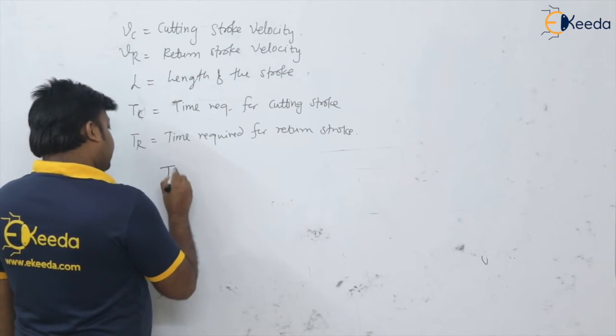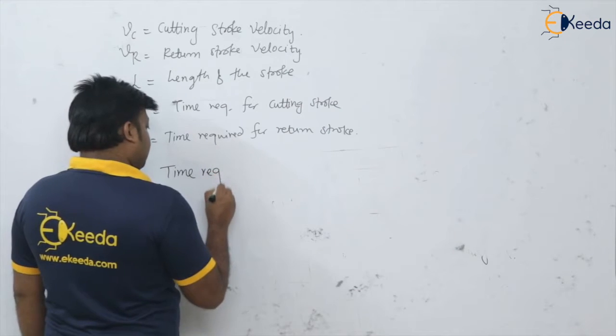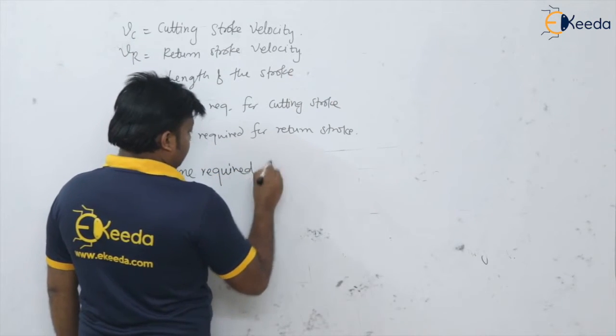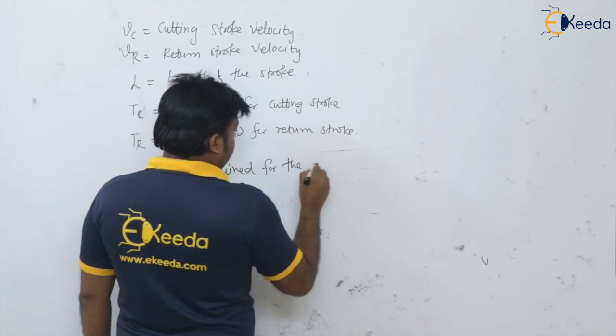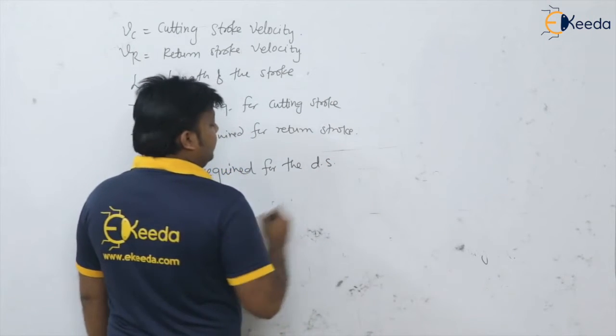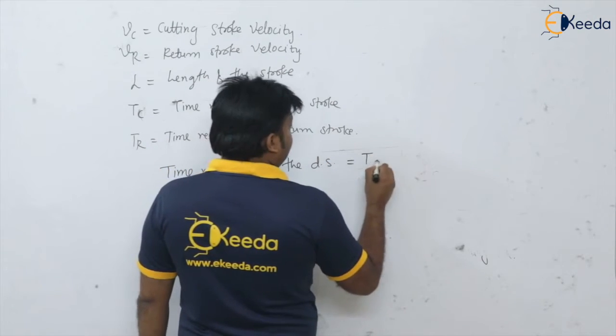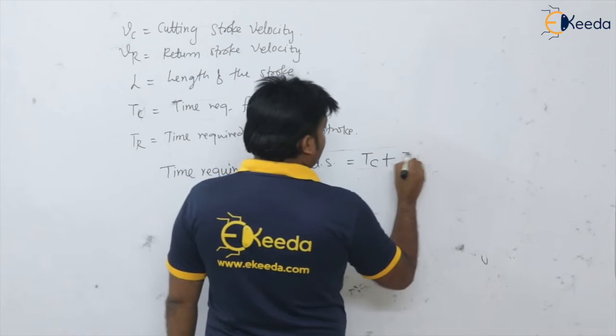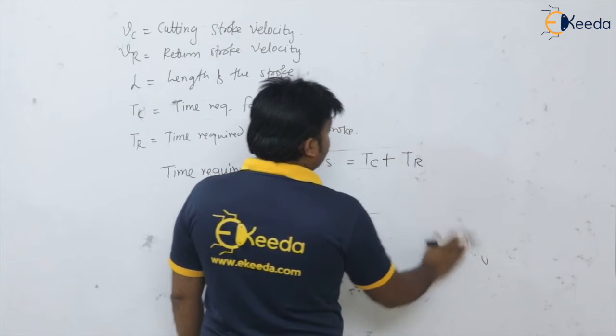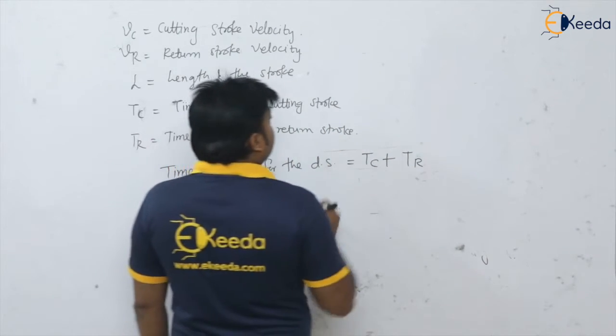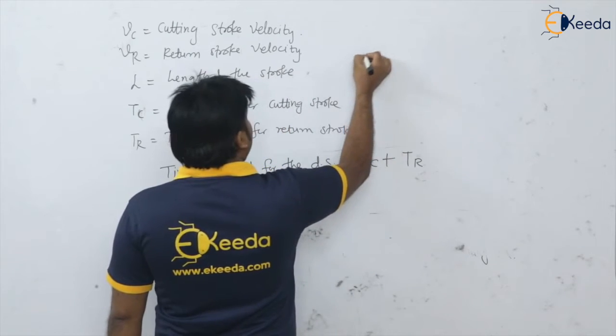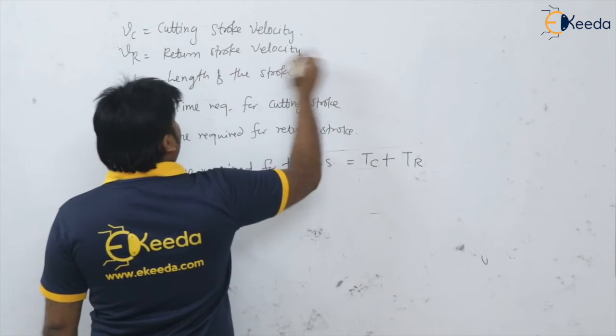So the time required for the double stroke, okay, how much will it take? So time for the forward stroke, that is cutting stroke, plus time required for return stroke. Isn't it? Now see here, if L is the length of the stroke and VC is the cutting velocity and